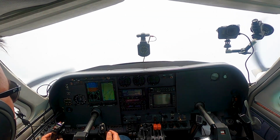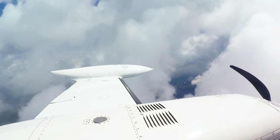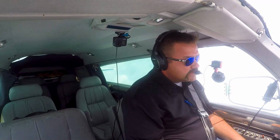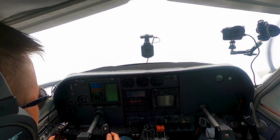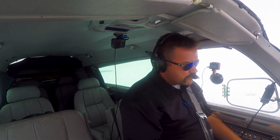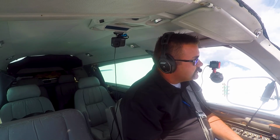Still 5,000 feet, we're doing 160 knots, 175 across the ground. Climb and maintain 10,000. Maintaining about a 102 heading at this point. The autopilot is flying the plane. You can tell that we are in IMC pretty much the entire way. The clouds are starting to dissipate. They're starting to break up as the sun burns them off from the top down. Won't help us for the rest of our trip, but it should start to...